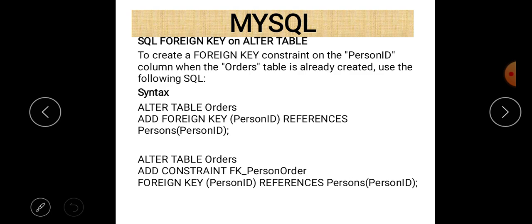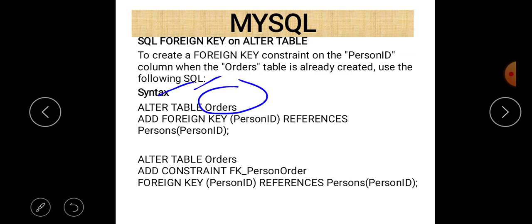So the same concept is applied for a foreign key. Basically, a foreign key is a key which is a primary key in a parent table, and it is used to connect two tables, parent table and child table. In the parent table there is a column name which serves as a primary key, and becomes a foreign key in a child table. So the syntax to add a foreign key is, first of all, just write ALTER TABLE, then